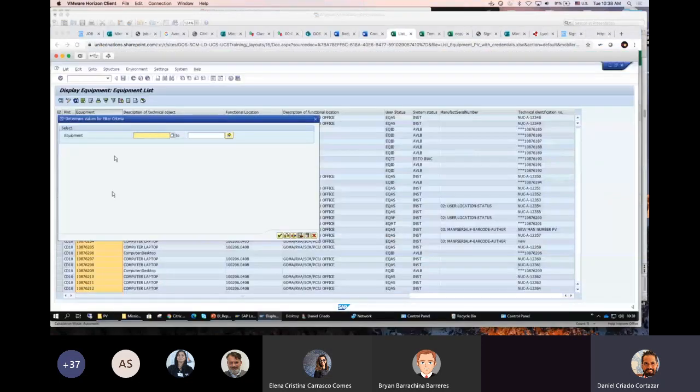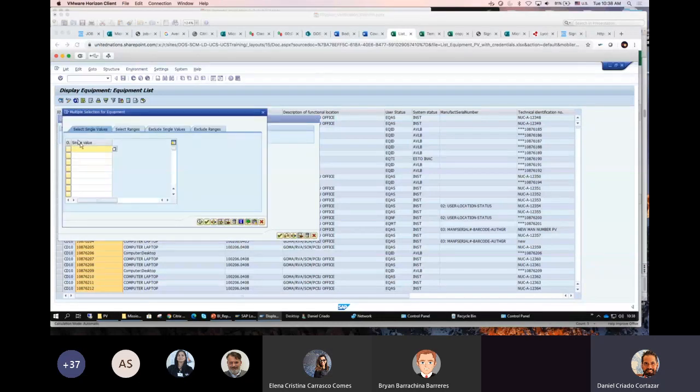So remember, I click on the equipment, I click on the filter, and because I only want to select 5 of them, I click on multiple selection. Instead of typing 5 different single values, I have here the option, you see, upload from clipboard. If I click here, upload from clipboard, you see that the different lines are populated with the information from